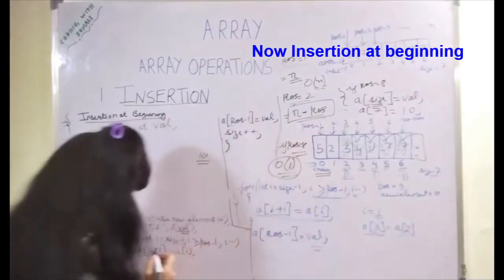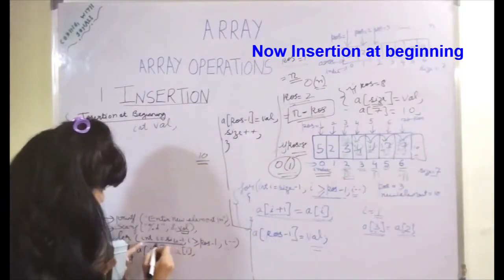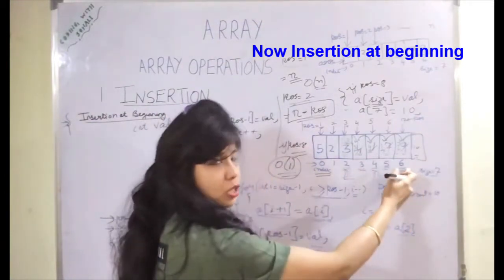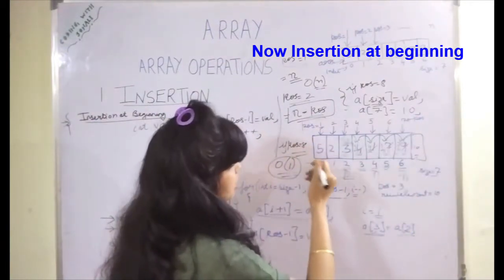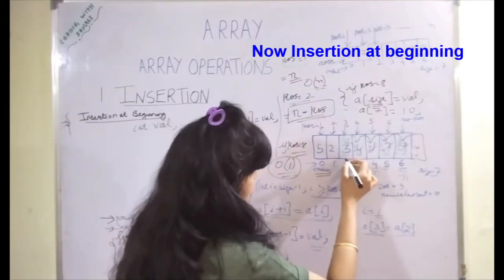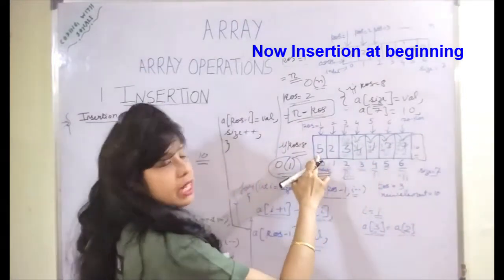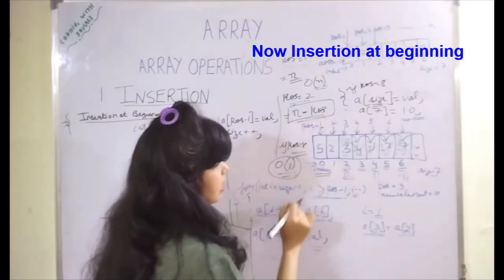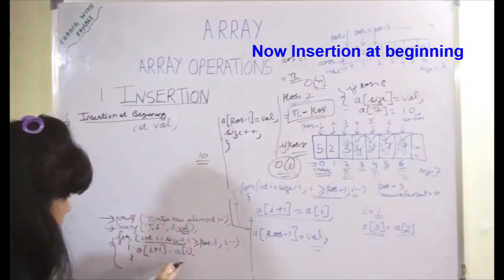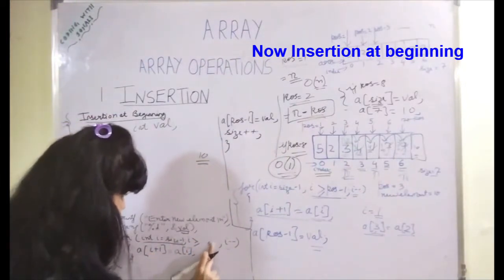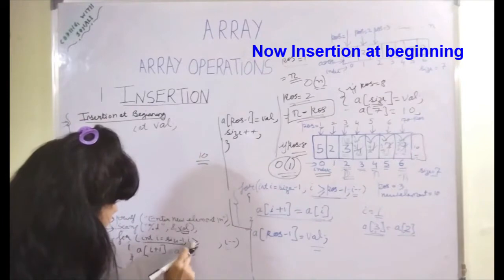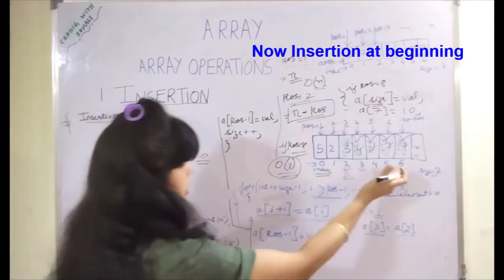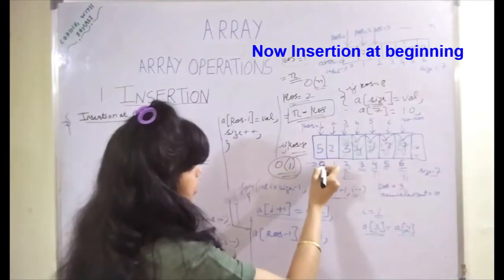Now this will be the same, that is the starting point, int i is equal to size minus 1. So we will start from the last, that is okay. Till when do we have to do these shifts? Instead of this position, we know that we have to insert at the beginning of the array, that is at position 1. At position 1 the index is 0. So we can simply write in this case i greater than or equal to 0. This condition, i should be greater than or equal to 0,